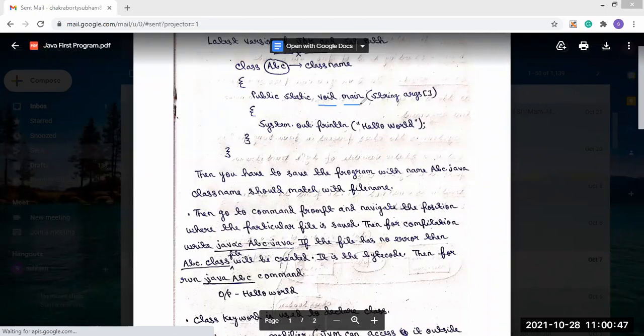That's why we always have to use void before main. If we use int main, int means the return type is integer, but here we are not returning any values. That's why we have to use void here.